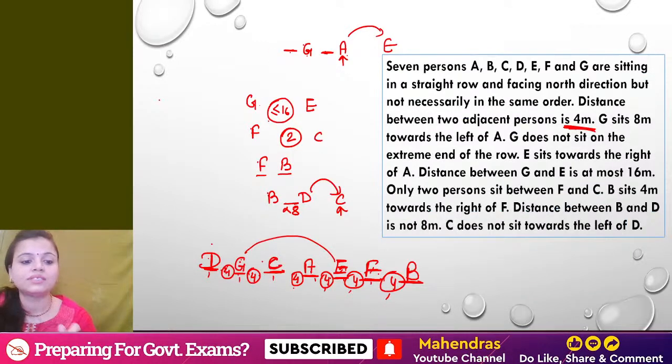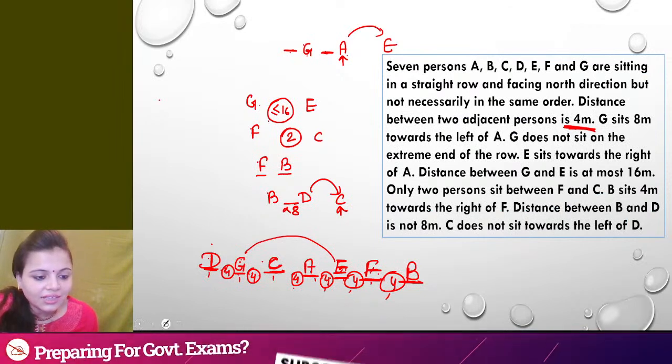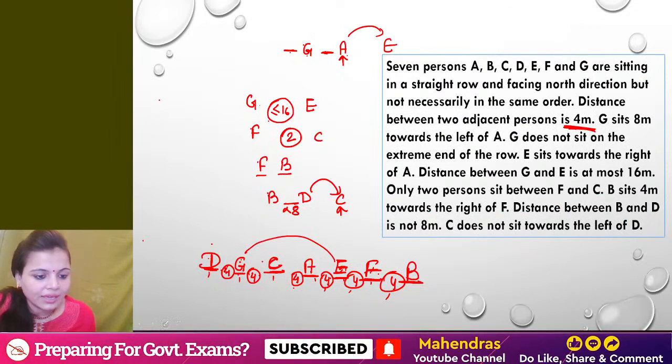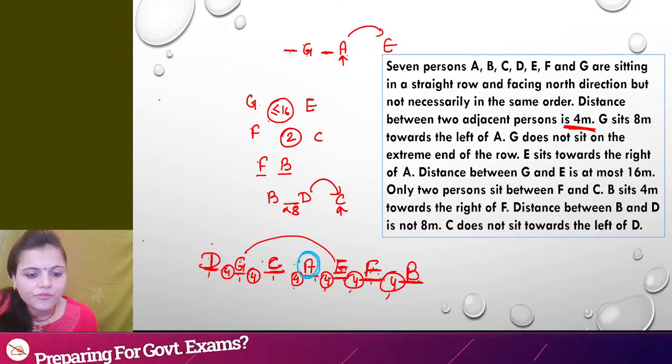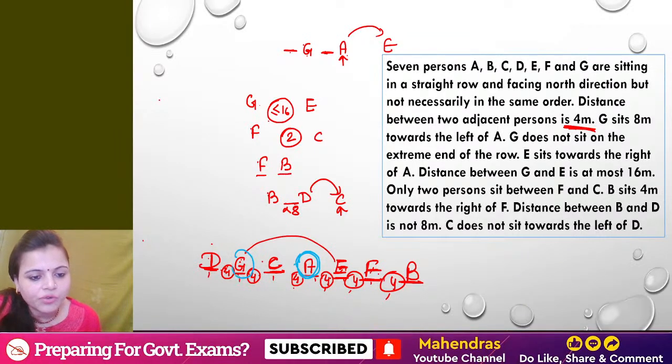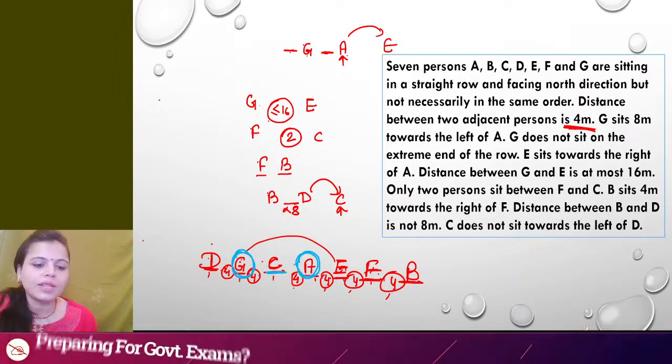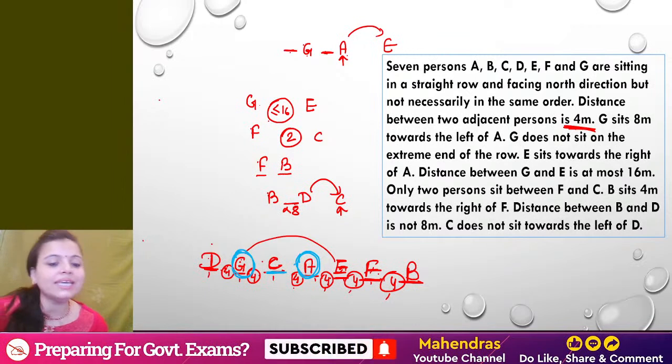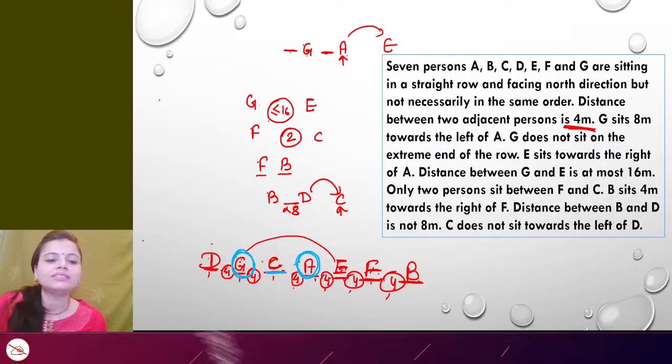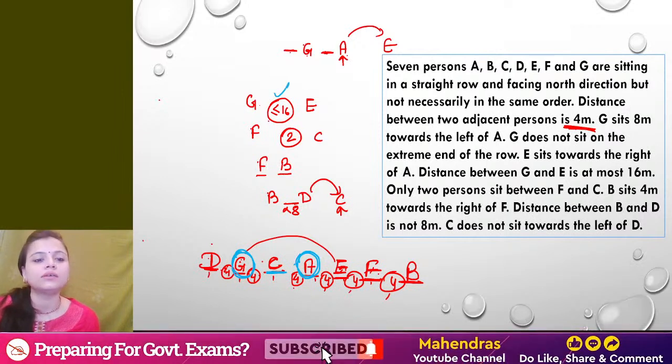Explain again. See, you can start the question with A. From A, you're getting the place for G, right? And there is one space. But after A, as E is right of A and distance between G and E is at most 16, means